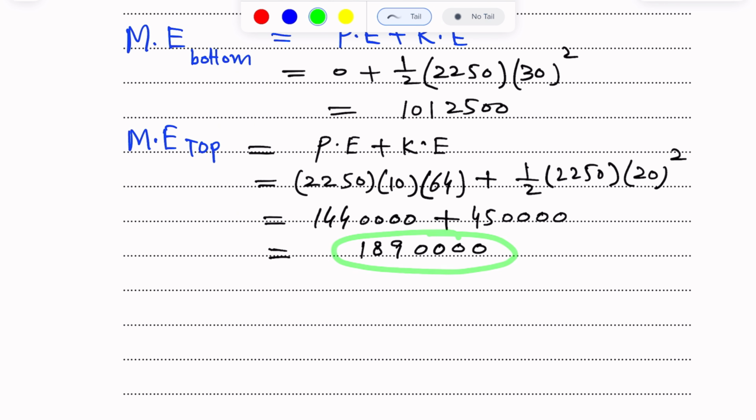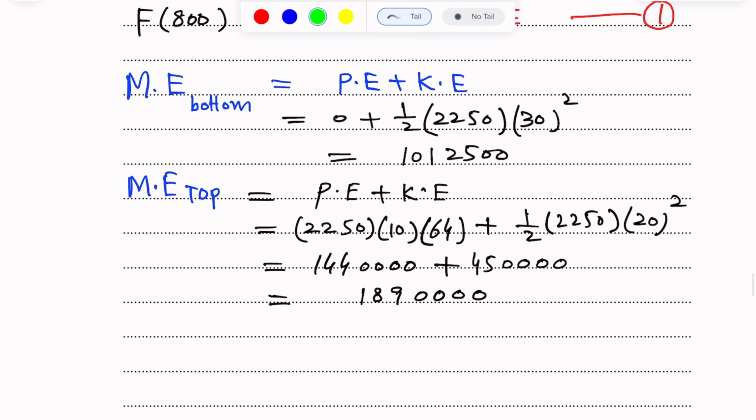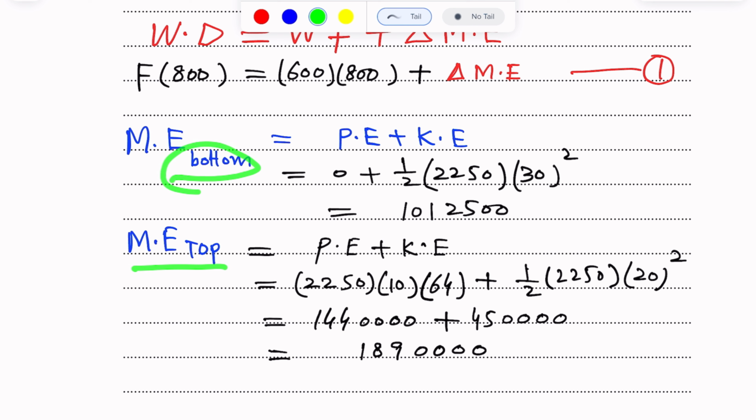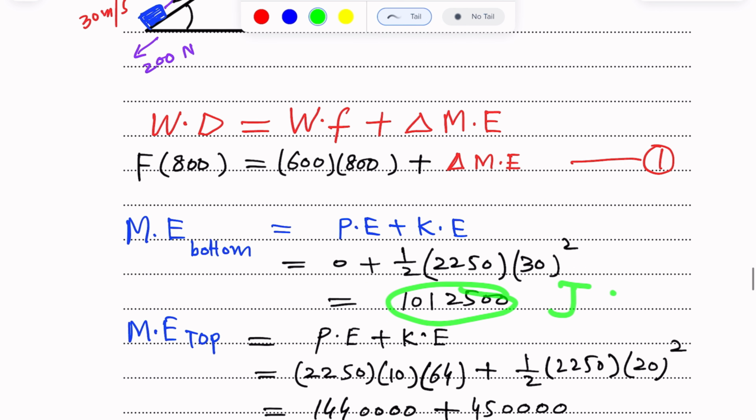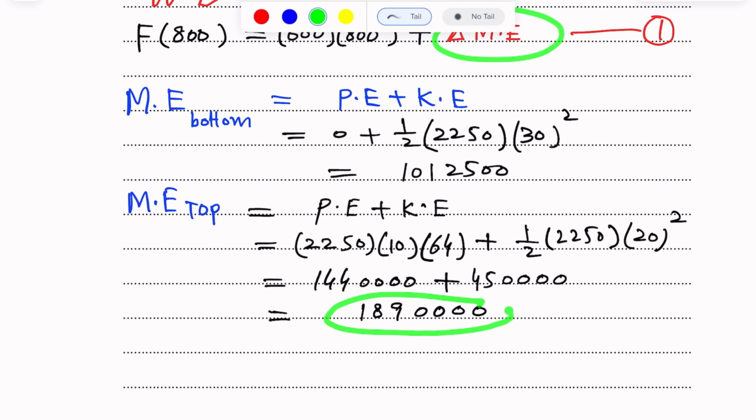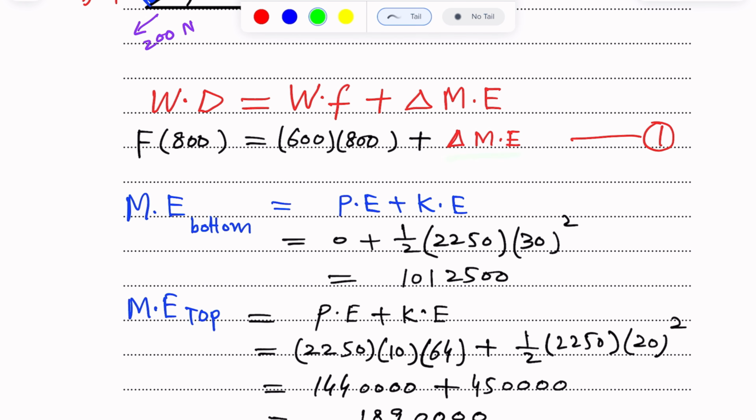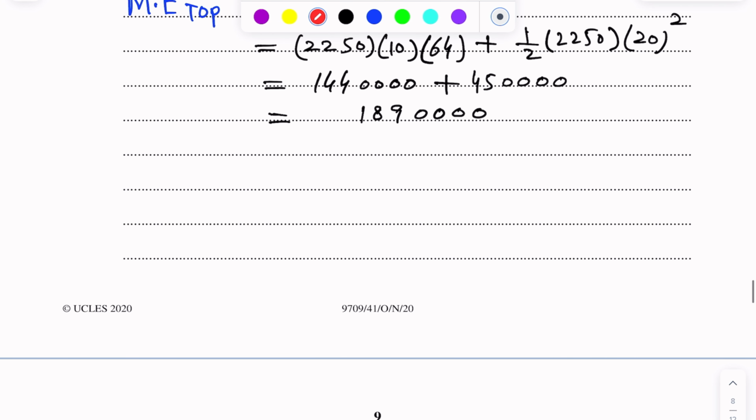This is mechanical energy at the top, 1890000 joule. Mechanical energy at the bottom is 1012500 joule. So we will write here change in mechanical energy means final mechanical energy minus initial mechanical energy. So from equation number 1 we get,